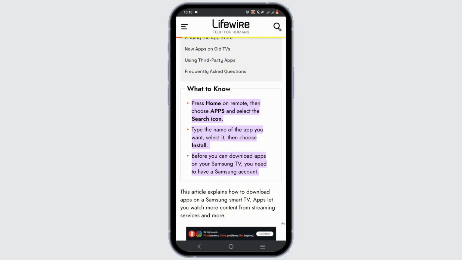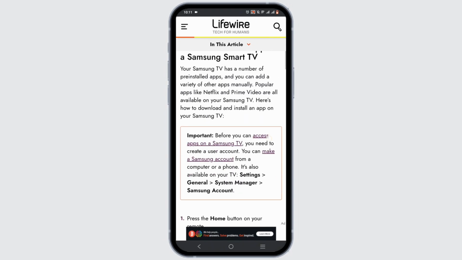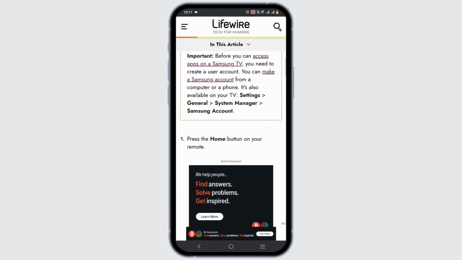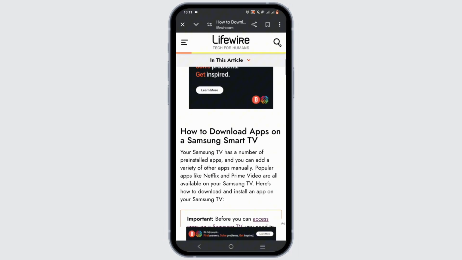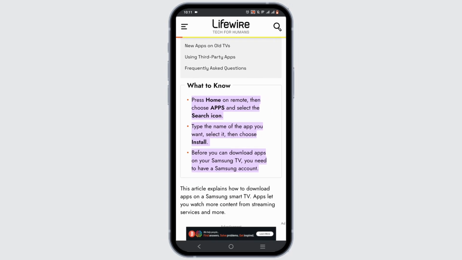However, before you can download the app, make sure you have made yourself a Samsung account. If you face any difficulty regarding it, you can check for an update of your Samsung Smart TV, or you need to clear the cache of it. For that, you can head over to the setting gear option, then check out your system update. If there is any, make sure to update your system so that you never face any such issue, or check out the clear cache option and clear the cache out. Then power off your TV and restart it